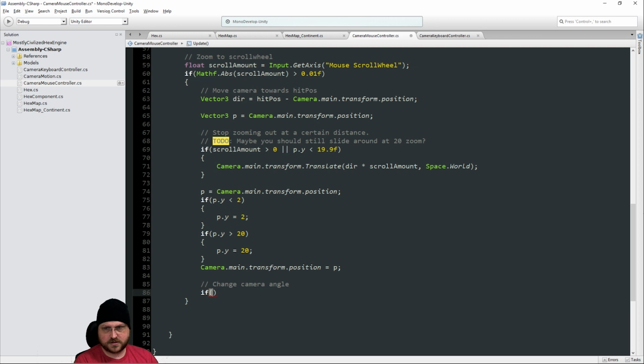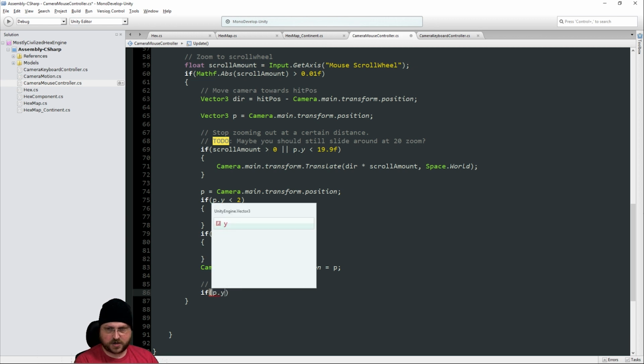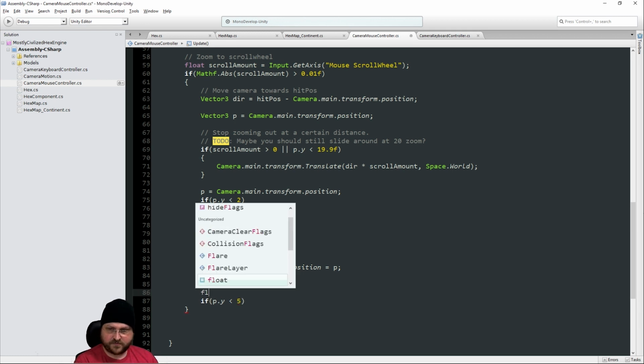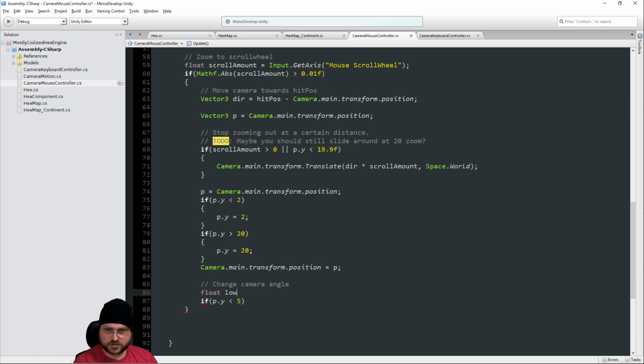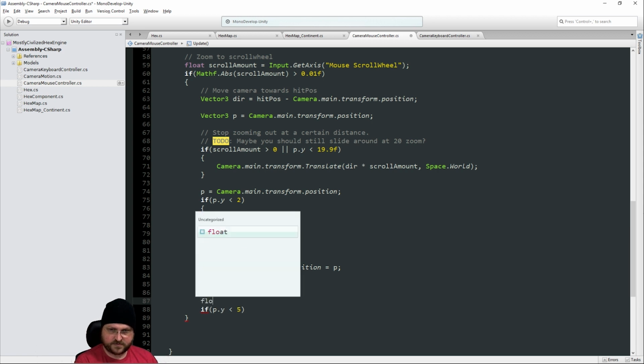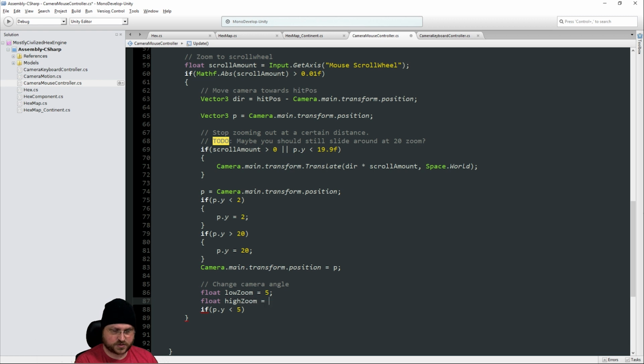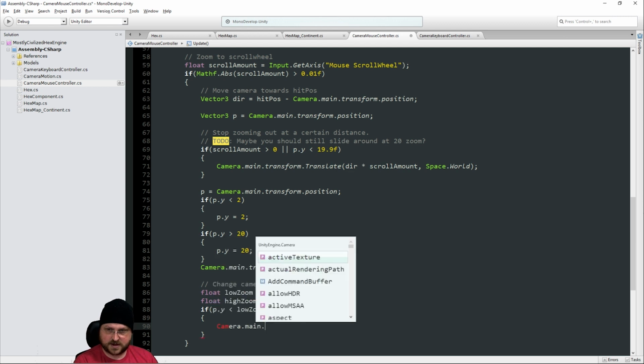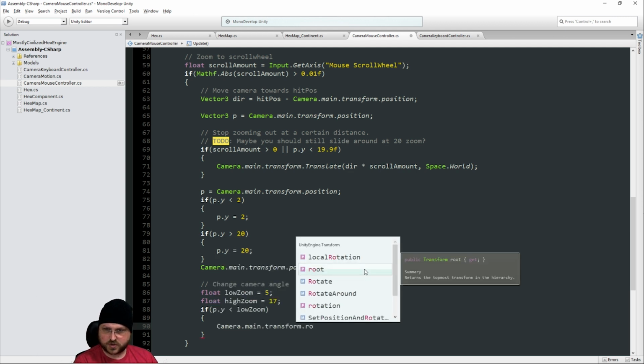If p.y is less than 5. So let's say float low zoom is equal to 5. Float high zoom is equal to 17. So if we're below our low zoom level, then what we're going to do is set camera.main.transform.rotation